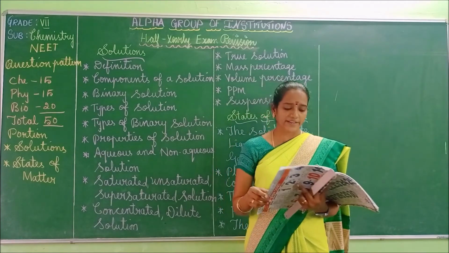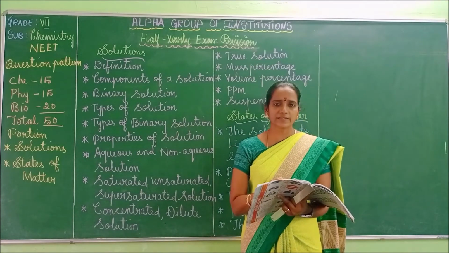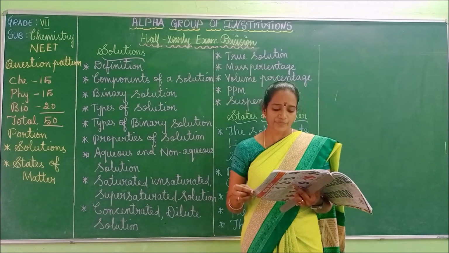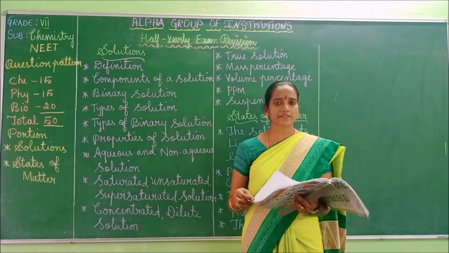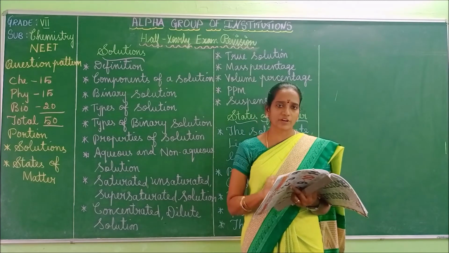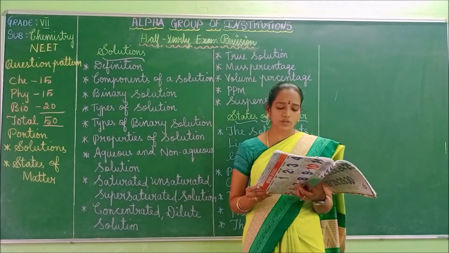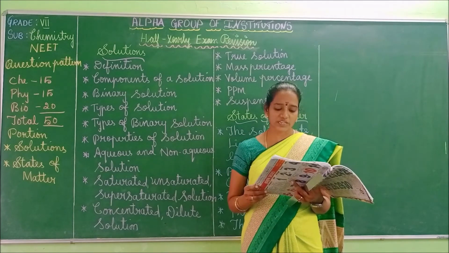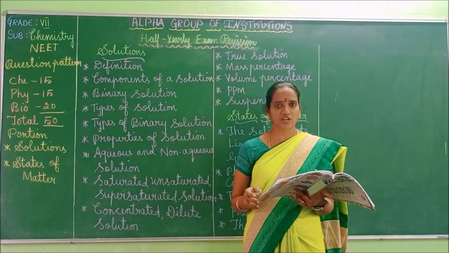Got it? Right. So next, I told you about the Bose-Einstein condensate. It is a state of matter. Next, the properties of particles decide the state of matter. Three points are given; that also you will go through, right? So next, come to the explanation of states of matter on the basis of molecular structure.